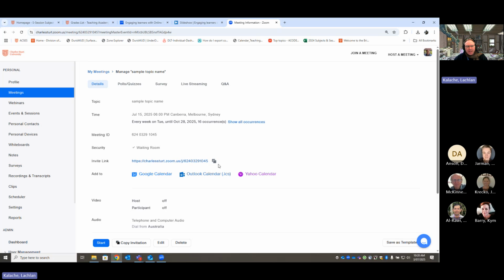It gives us a summary, it gives us a link. And for many staff, what they're doing at that point is copying that link and providing it to students or other people in announcements, in emails, etc. That's been the standard way of providing Zoom meeting information for quite some time since we've had Zoom, but it's